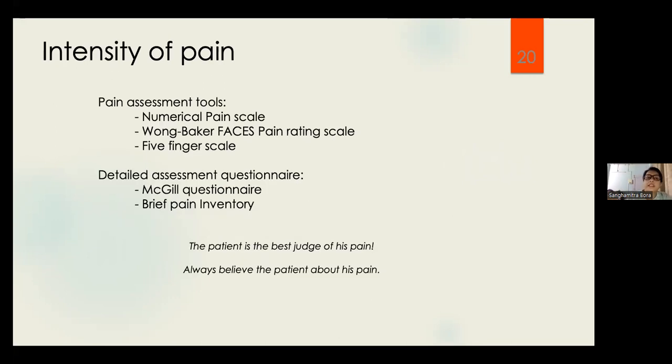Coming to the intensity, we generally measure the intensity of pain by certain scales, and the most widely used scale is the numerical pain scale. For children, we use the Wong-Baker Faces pain rating scale, and there are certain other scales like the finger scale, and I personally sometimes use the coin scale to ask my patients, those who are from the